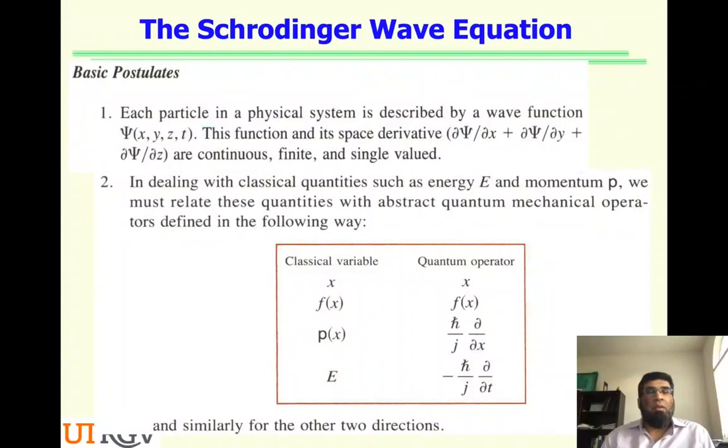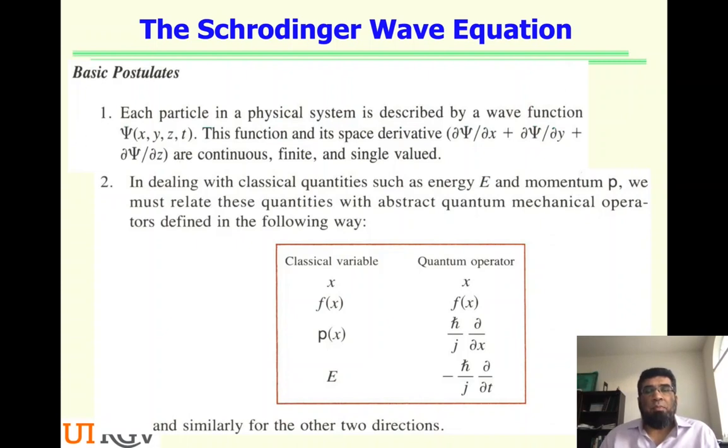Basically, we are taking the basic postulates here, which develop the wave equation, and it gives us the idea of how things will happen in the waveform. The basic postulates of the Schrodinger wave equation are that each particle in a physical system can be described by a wave function, right? This is big psi, and you can see that it depends not just on three dimensions but also on time,